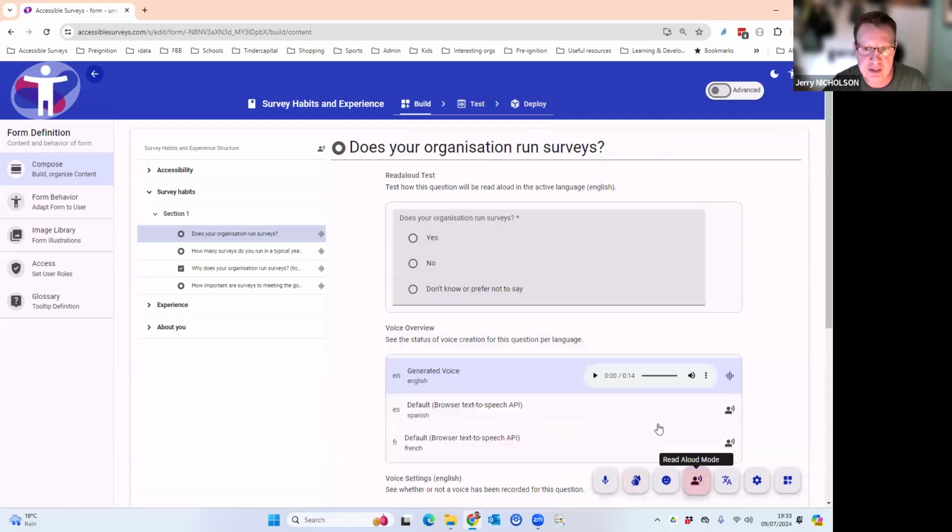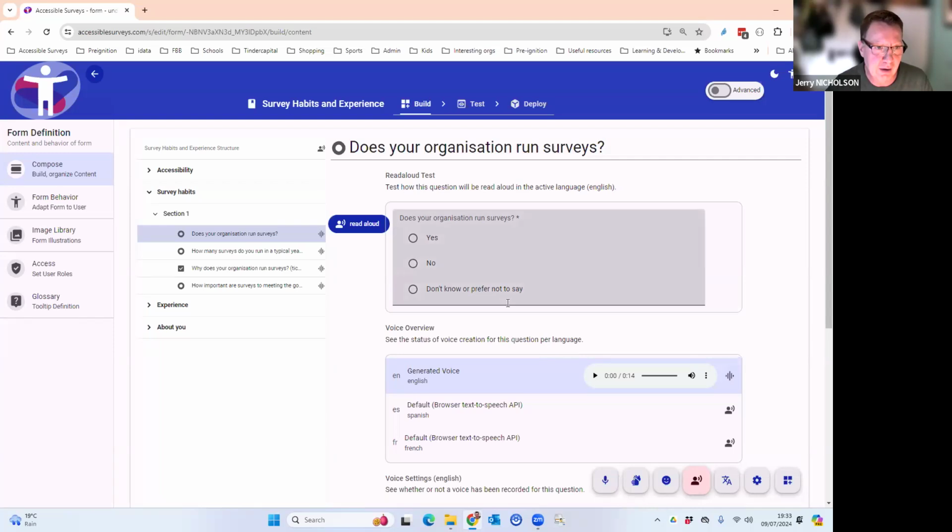I would then briefly show you how the read aloud mode works. So I'm selecting the read aloud mode. We've upgraded the read aloud voice quite significantly recently. Previously, the read aloud relied upon the browser supported text to voice functionality, which was good and still has some advantages, but the disadvantage is the voice sounds a little bit robotic.